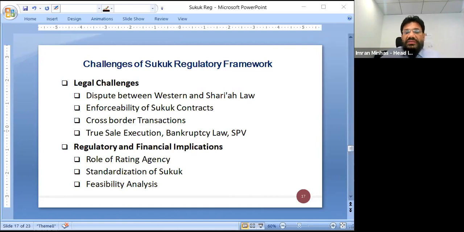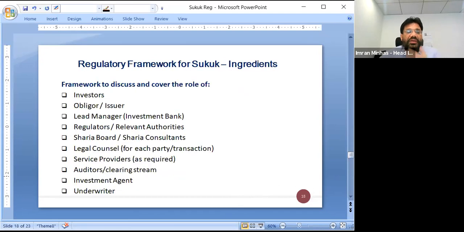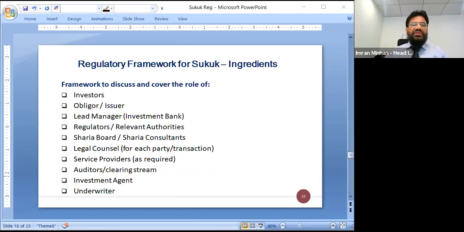And I guess we're left with a few minutes, so that will be the last slide which I discuss with you. These are the last few slides in which I would like to share what areas need to be covered in the regulatory framework for issuance of Sukuk. So the framework must discuss, number one,